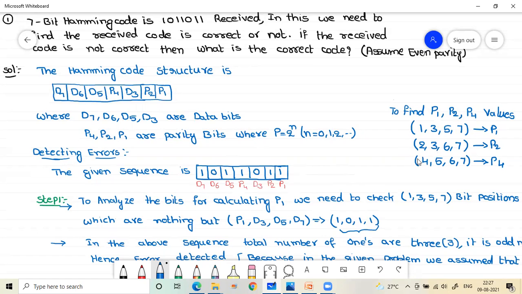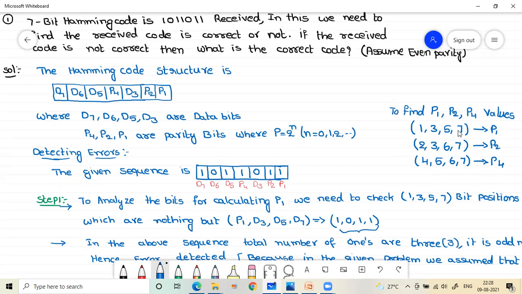Now we need to find the P1, P2, P4 values. To find those, there are some standard values. These are the position values for P1, that is 1357, 2367 are the position values for P2, and 4567 are the position values for P4.